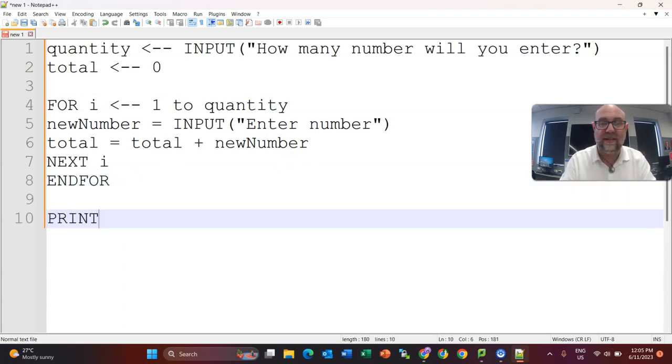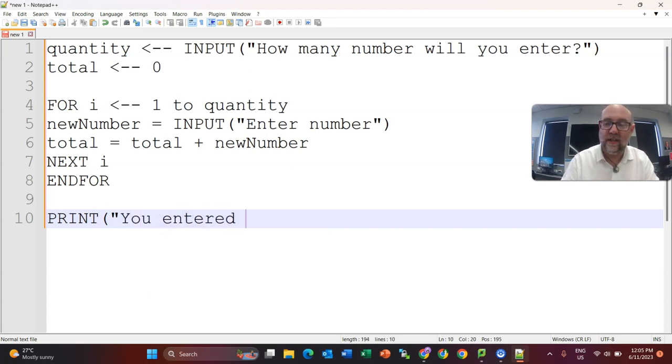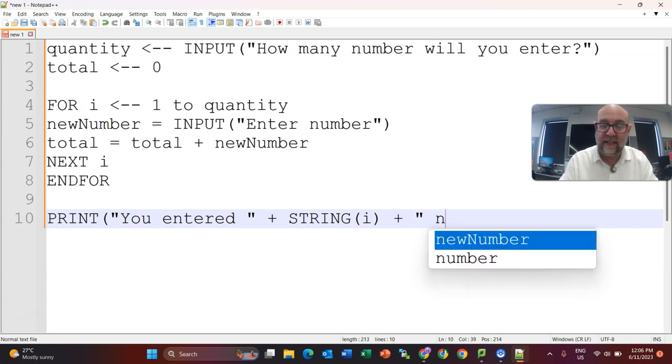So let's print that and say you entered, so goodness, I'm doing a bad job there. You entered, well, how many numbers did they enter? Well, they entered I numbers, I. Now, I'm going to say that I want that to be a string. I wouldn't necessarily have to, I could just say I, but I don't think it's a bad idea to say that I'm declaring that as a string. You entered this many numbers,